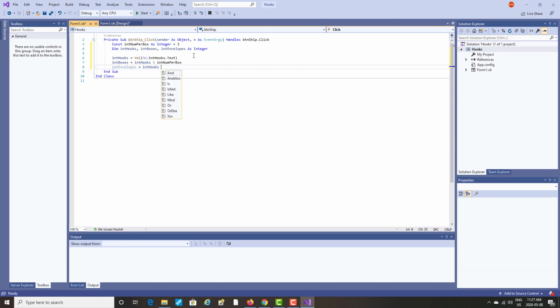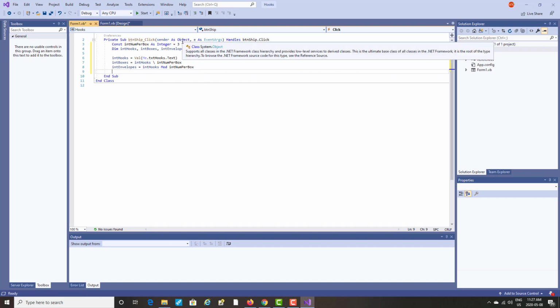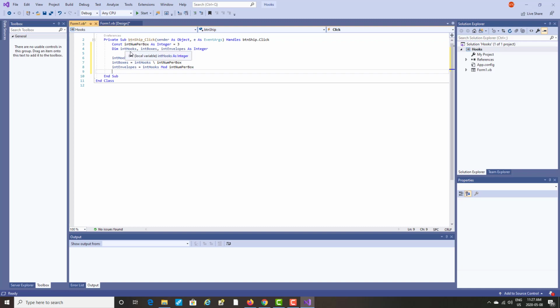And now we are going to type mod. Mod what? Int num. Okay, and enter. So what have we done? We said we declare the constant 3 per box. We declare the variables, the hooks that the user enters, the boxes the computer calculates, and the int envelopes that